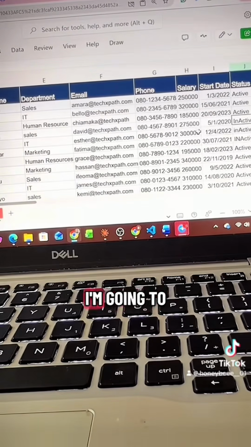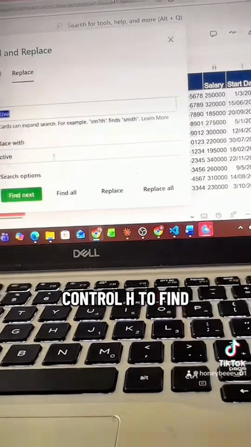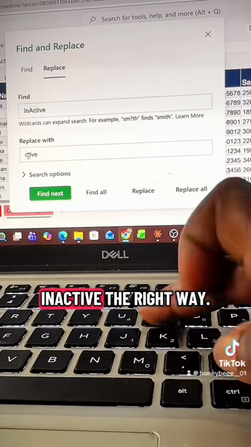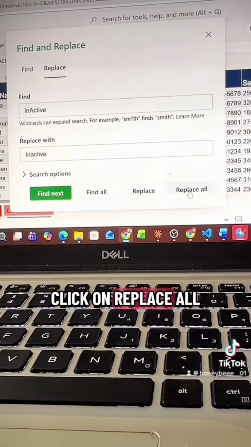Also for the inactive, I'm going to do Ctrl-H again to find. So wherever you find the wrongly written inactive, I'll say correct it with Inactive the right way, and then I'll click on replace all, and you see 5